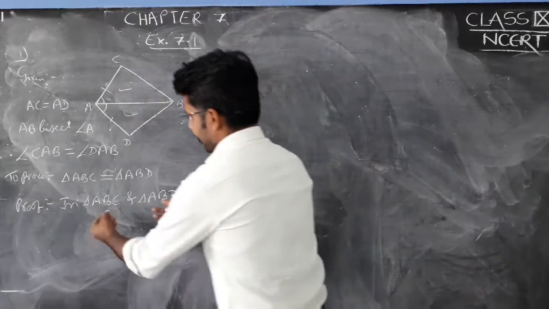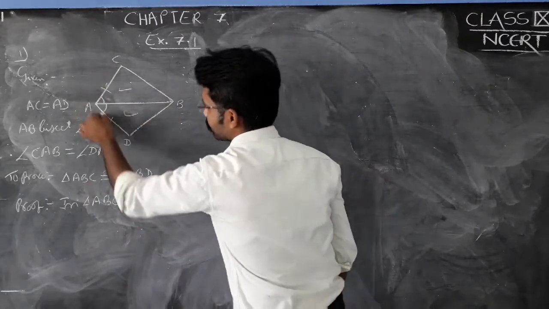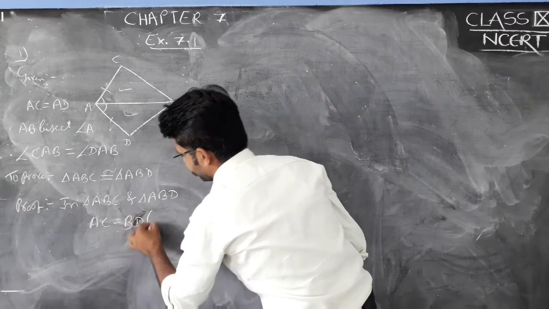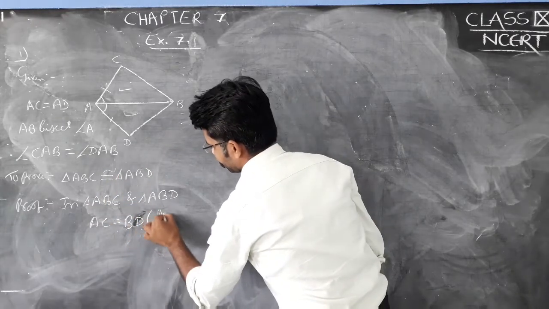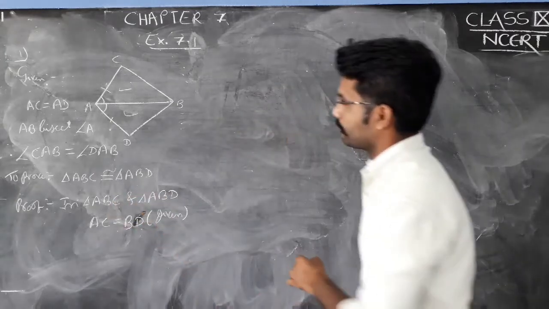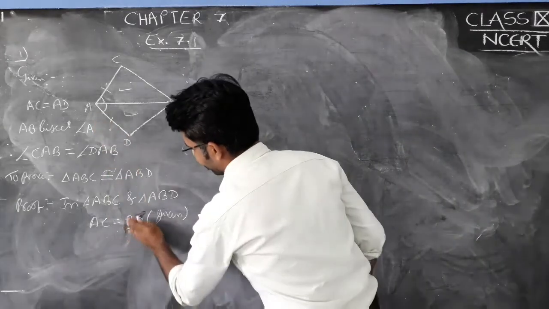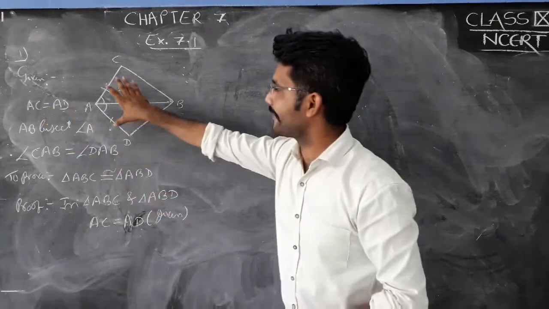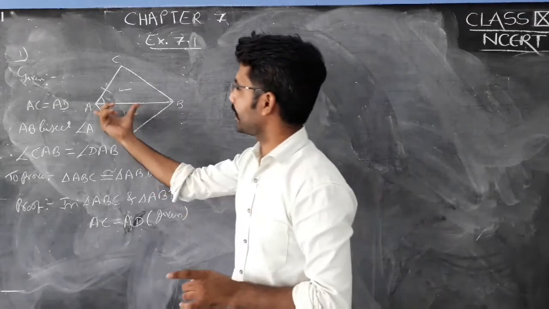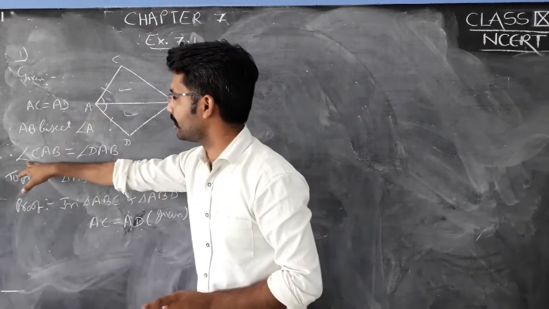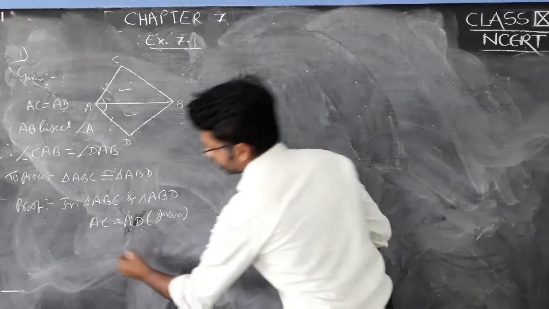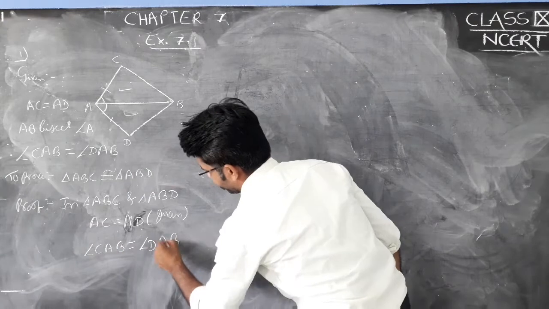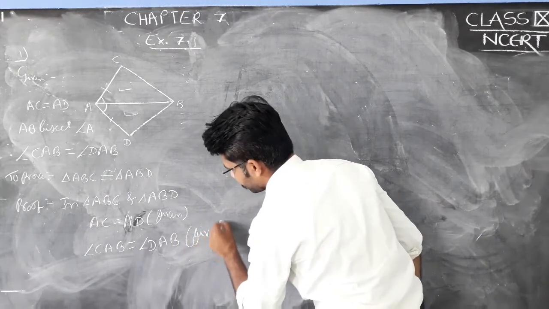Okay. So we have taken these two triangles. First we have AC equals AD, and it is given. The question says that AC equals AD. So the first thing I have taken is AC equals AD. Secondly, they told that AB bisects angle A, means angle CAB and angle DAB are equal. Angle CAB equals angle DAB. It is also given.